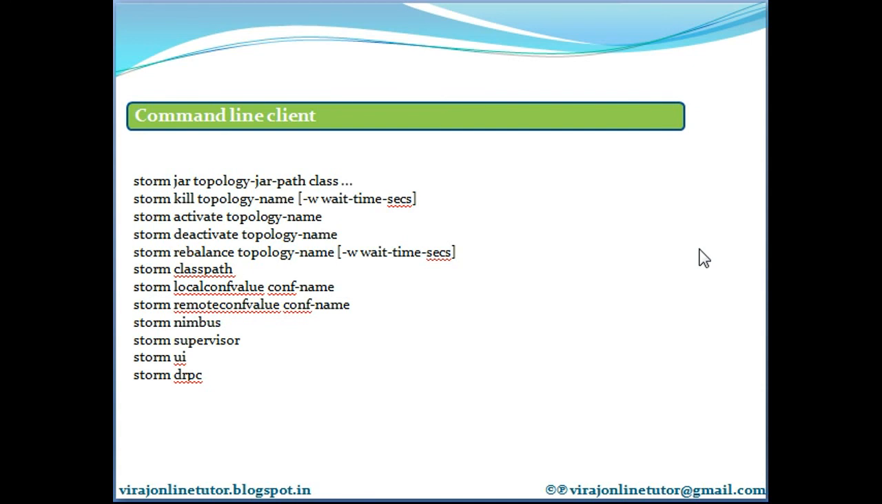So now we'll discuss Storm's command line client. There are a set of commands which are available in Storm. On the command line window, you can specify these commands to perform different operations. We'll discuss the different commands available with their syntax, and I'll explain each of these commands. So the first command is